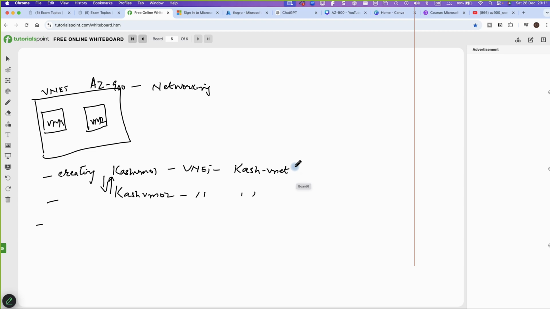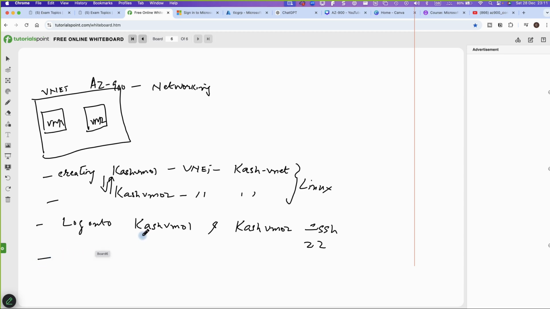So both machines will be Linux. So we will log on to cache VM01 and cache VM02 via SSH because they are Linux machines. As you know, SSH port is number 22. So after we log on to this machine, we do a command called curl